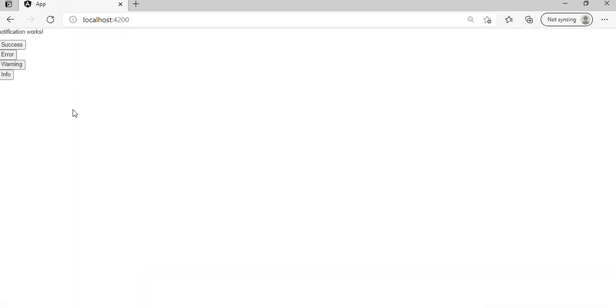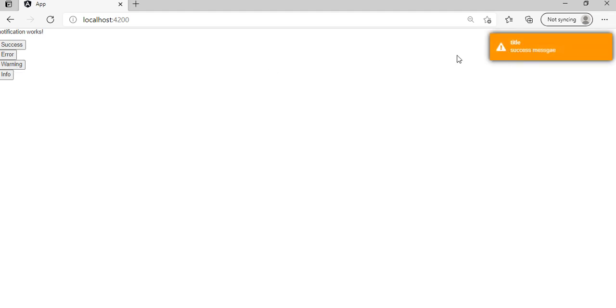So there are 4 buttons. If I click on success, see the green color, the title and the message, right? If I click on error, you will see the red background, and you will see the title and the message, whatever message we have transferred from the component. With the cross sign we can close the toaster. It will automatically close the toaster after a few seconds, or we can even close it.